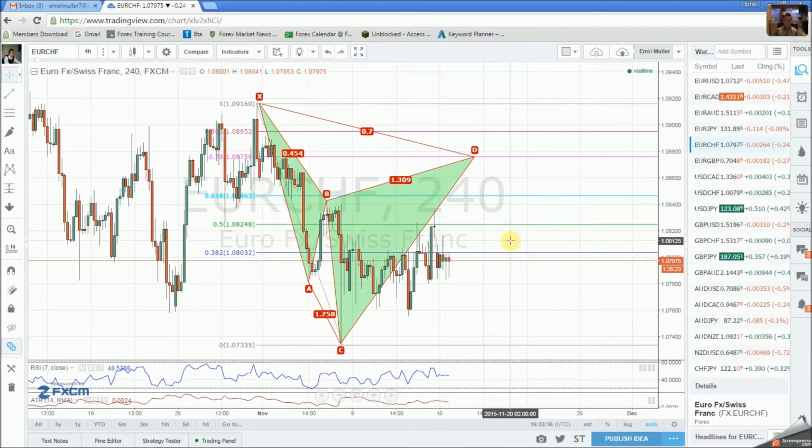It's not completed yet, but like I said, it might be a possible bearish Cypher pattern for this one. What we need to see for the delay completion is a 0.786, which will be at the 0.0876 levels, and that will be a bearish Cypher pattern. So next I want to share with you